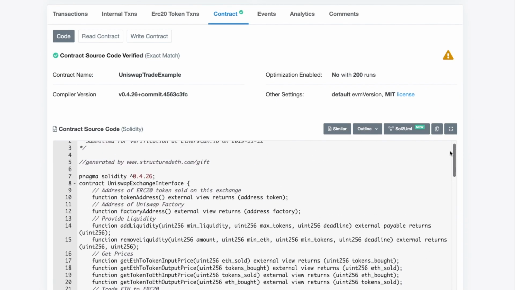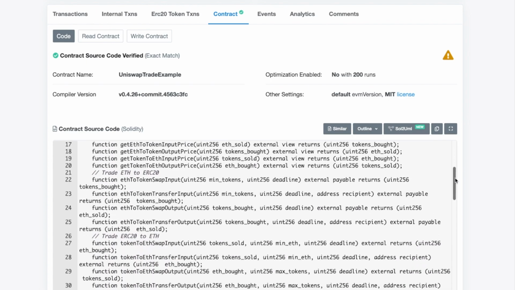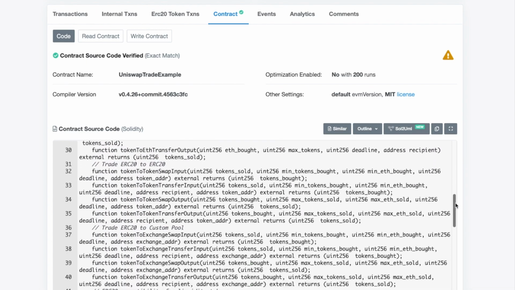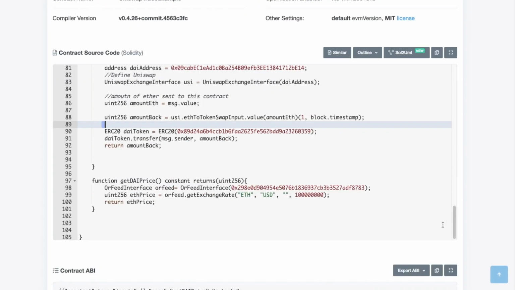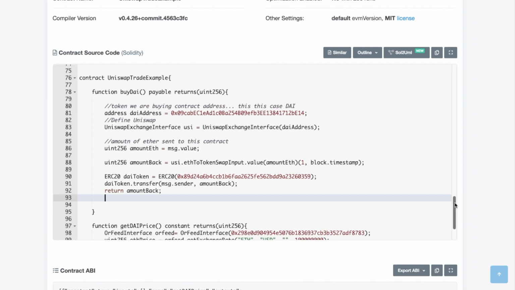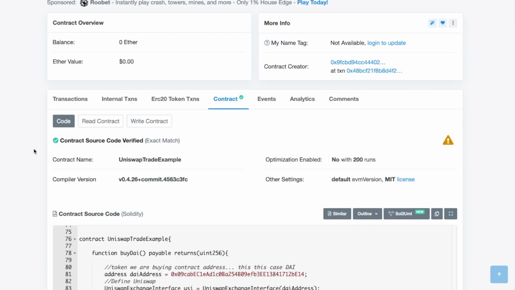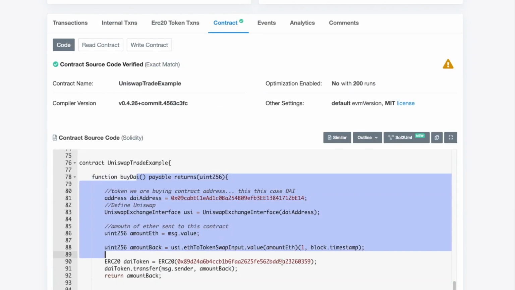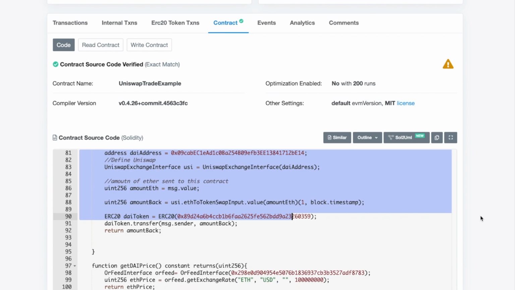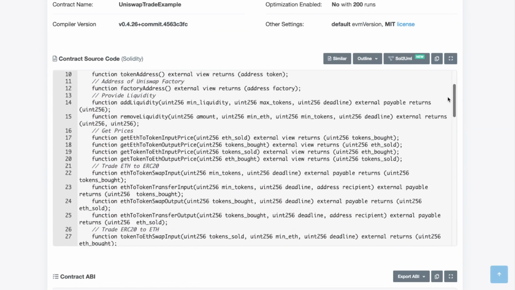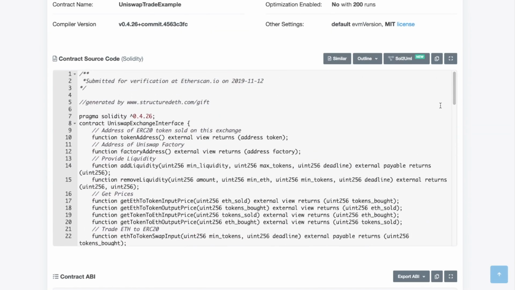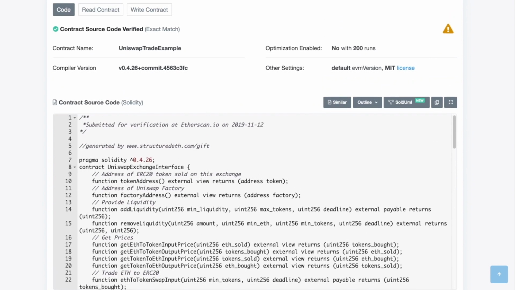Etherscan has verified that the bytecode, which is just the code that's generated when I deploy the contract, matches this. Whenever you're dealing with a smart contract, it's good to make sure it's been confirmed by Etherscan, with the contract source verified as an exact match, because that means the person who created the smart contract is being transparent with you about what's in it. These rules can never change, which is really fascinating. But they can be updated if they're written to be updated. That's important to always remember.